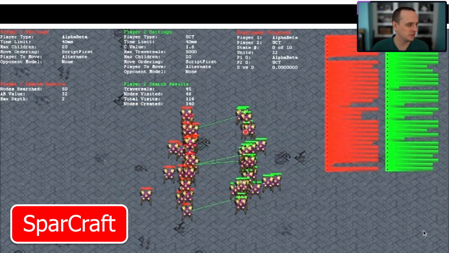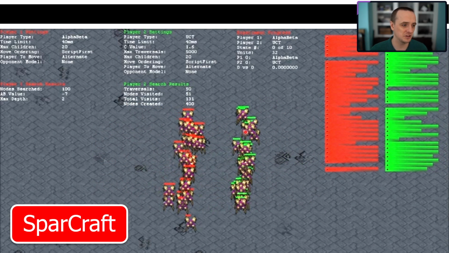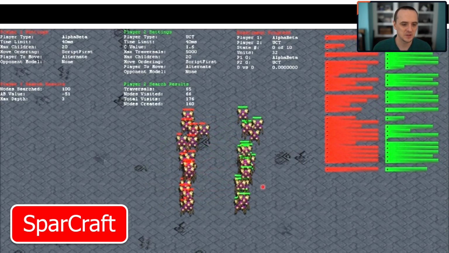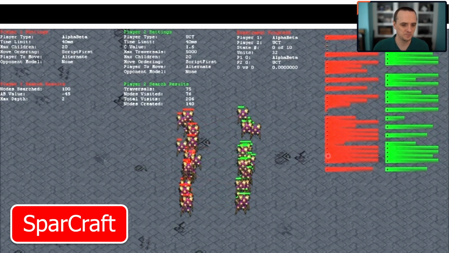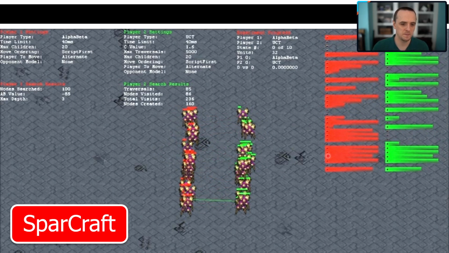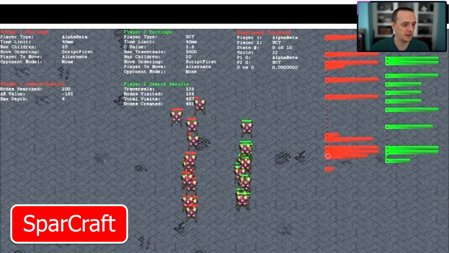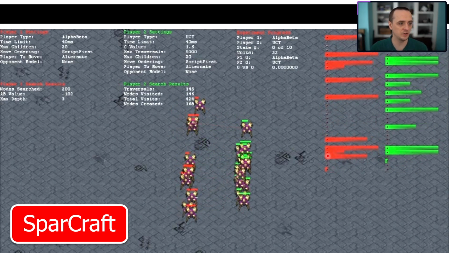So I wrote something called SparCraft, right? You got to be clever with your names. And so the units are sparring, it's SparCraft. Get it? Haha. Okay, so this was a system that I wrote that did very basic unit combat. So units could move. They had the properties of the units in the game. They dealt the same damage. They dealt the same...